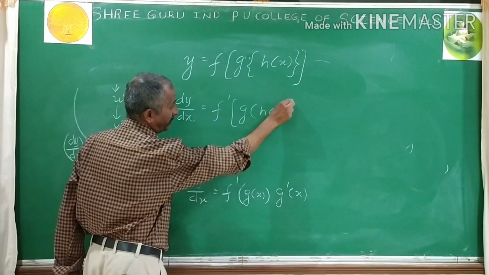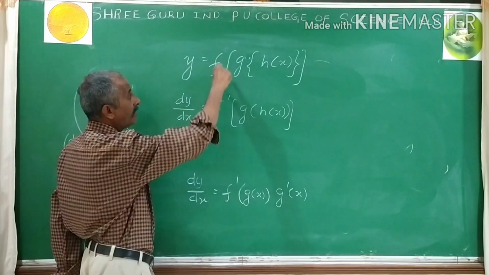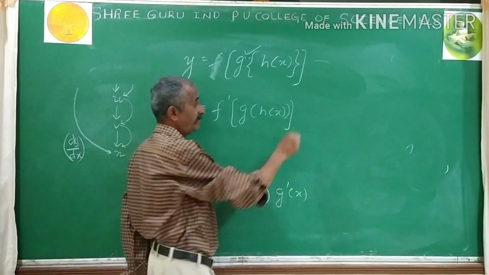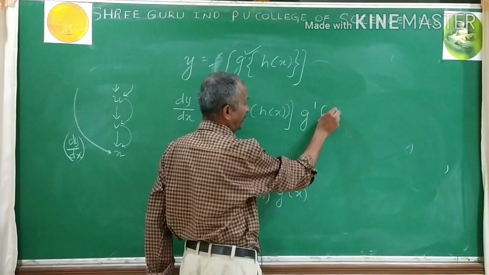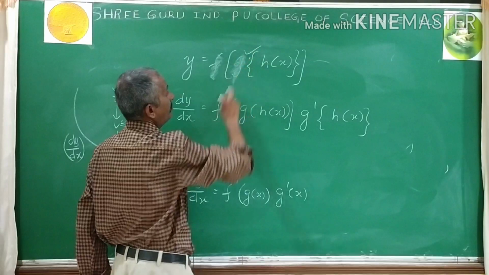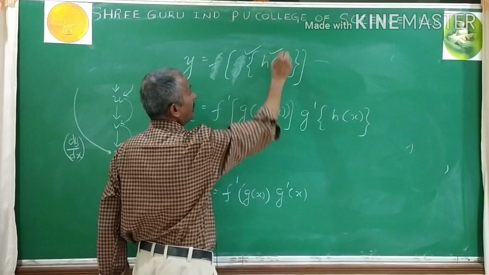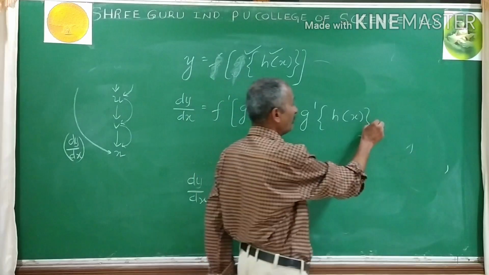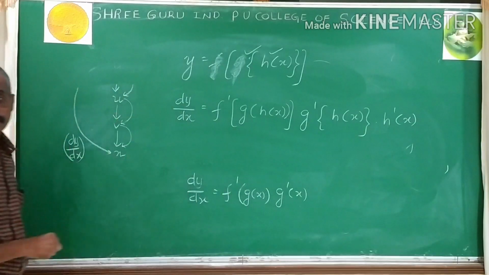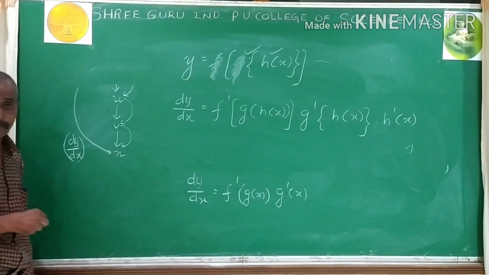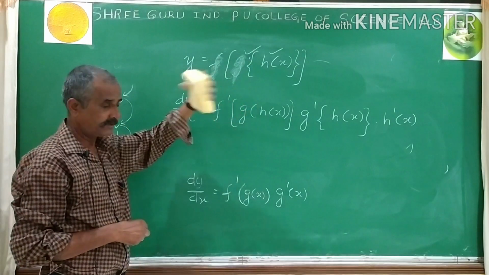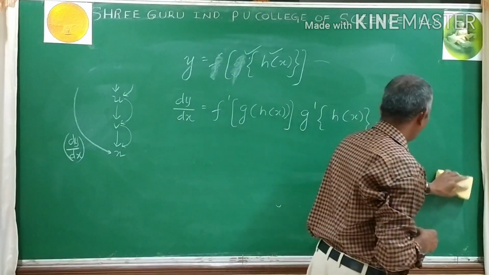But one should not stop here, because we wrote only the derivative of the f function. After this, followed by the g function, that means g dash of h of x. Still not over. What we wrote is only the differentiation of the g function. Lastly, followed by the differentiation of the h function, namely h dash of x. This will complete the net differentiation of y with respect to x, undergoing three functions, namely f function, g function, as well as h function. So you can make a formula for your sake like this.